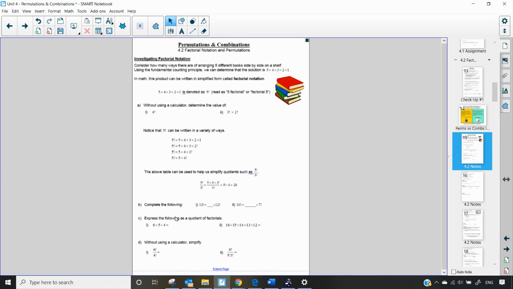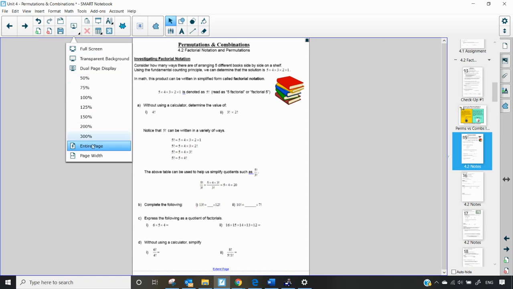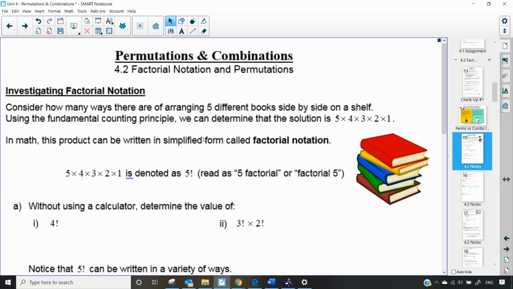All right, so we're going to get into looking at factorial notation. And so we've kind of looked at some examples that would relate to factorial notation in the last lesson, but you wouldn't have necessarily known what a factorial was at that point. So consider the example where I have 5 books on a shelf and I need to arrange them. So I have all 5 books, I want to put all 5 books on the shelf, and I want to